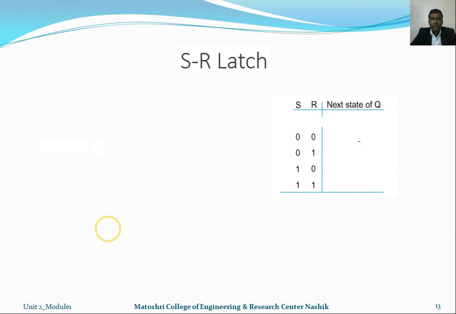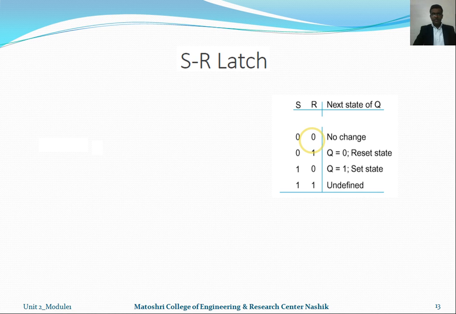So from these four conditions we are making a table like that. The value of SR when we are applying 0 0, the output is not going to change. So we call it no change output. When S is 0 and R is 1, we are getting the output as reset. In the third condition, when S is equal to 1 and R is equal to 0, we are getting the set condition, set state. But lastly, we have seen when S and R are equal to 1, the SR latch produces an invalid output, that is Q equals Q complement, which is not acceptable in logic.